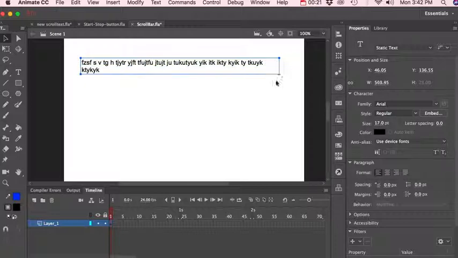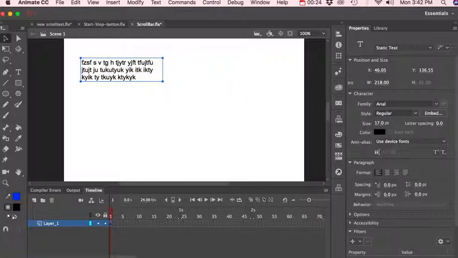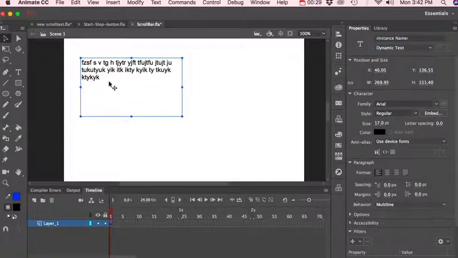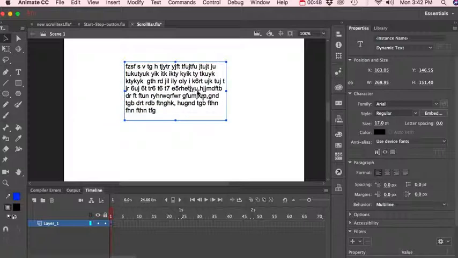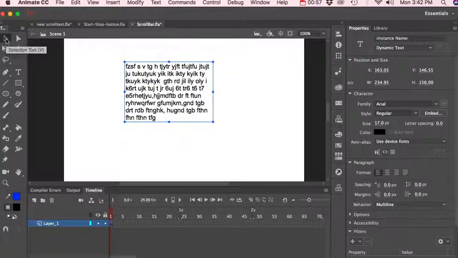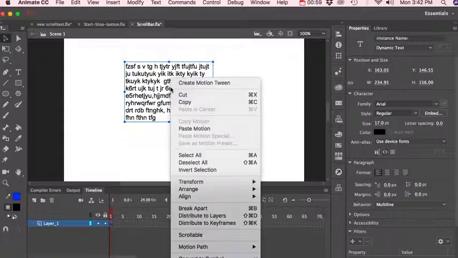And the next thing we want to do is make sure that this is dynamic text. We'll add a little bit more. Okay, now we have our text here, and it's dynamic, and now we want to make sure your selection tool is selected, and then right click on